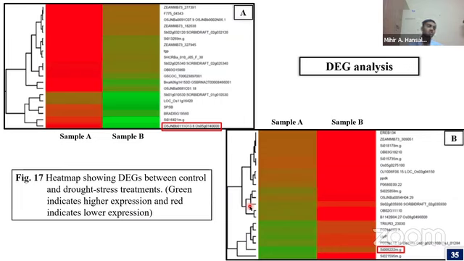Then they did DEG analysis to check the expression of the genes. Here in sample B, the green indicates higher expression and red indicates lower expression of the genes. In figure A, sample B shows higher expression of these genes, whereas sample A shows lower expression of these genes, and in figure B, sample B shows lower expression of genes, and sample A shows higher